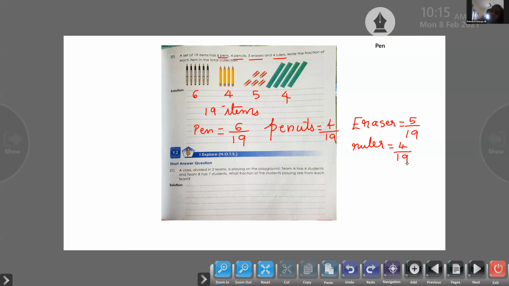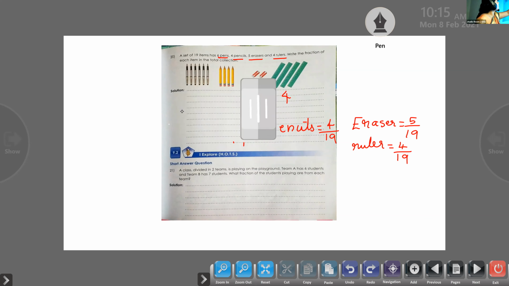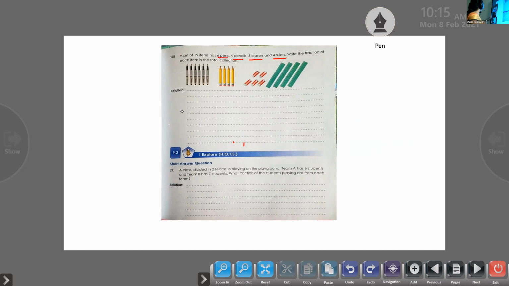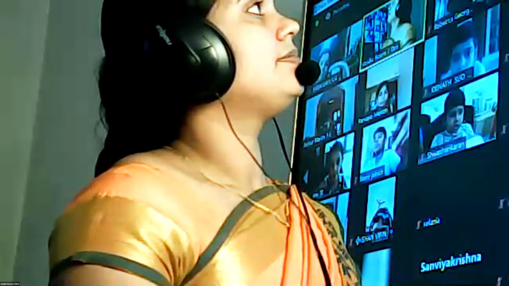Only this much. But you have to write the step. That steps I will send in the WhatsApp. But these are the answer. I hope you all understood. Anybody has doubt? No. So, my dear children, that question you can do it yourself. The steps I will send in the WhatsApp. Please check. You got the answer. It is very easy. You all told the answer now. It is correct. So, please do it.